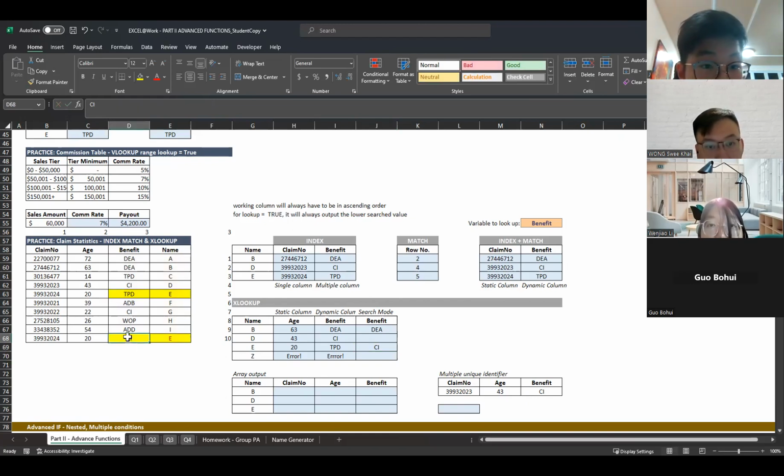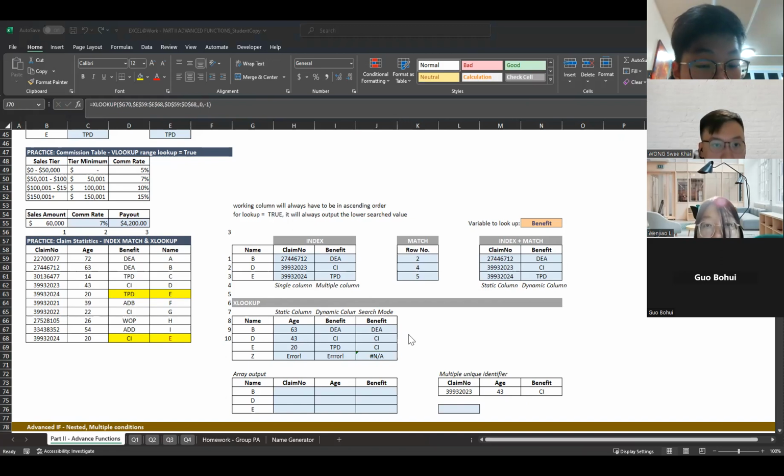You understand how the search mode works? It's a little bit of CS going on here, some sort of sorting, some sort of searching. But now we're looking from bottom to top. Same thing: if I do this, since D has only one output, this will give me the same output. NA, because I didn't specify any output if it's not found. So that's why it gives me the NA sign over here.